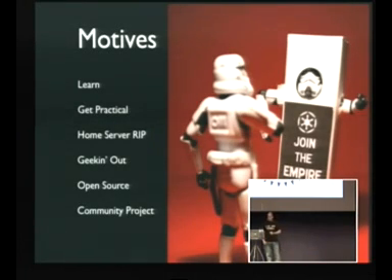So, a quick bit about motives, as already indicated. Learning: having the opportunity to get my teeth into something and learn more about some of the different cloud services. Also getting more practical. I already gave my comment there, just doing more rather than saying more. That's generally a good thing. My home server died, so a pretty practical thing. Do I go out and buy another home server? Talk about it with the wife. The wife's like,